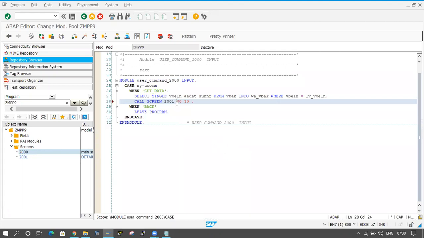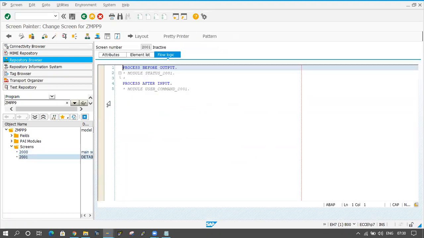Starting at 30, 30 and ending at 80, 80. Let me check how it will come. Now click on save button in the 2001 screen. I am designing the screen here.